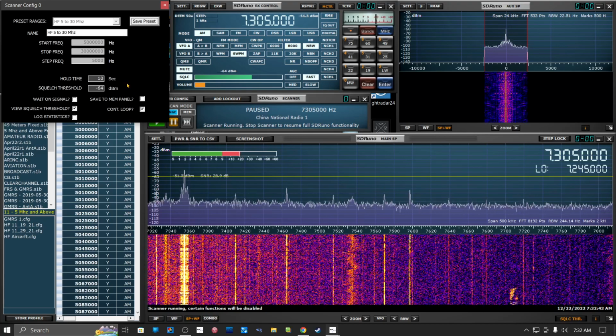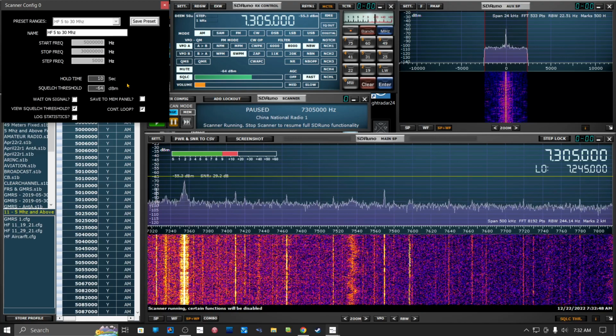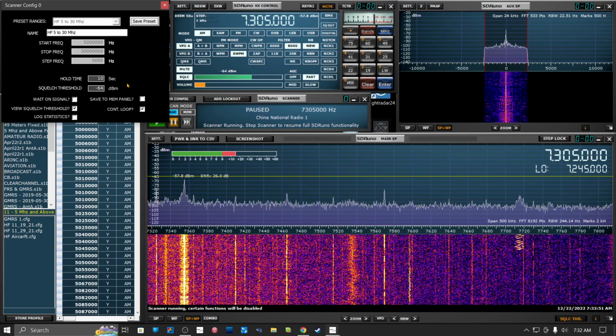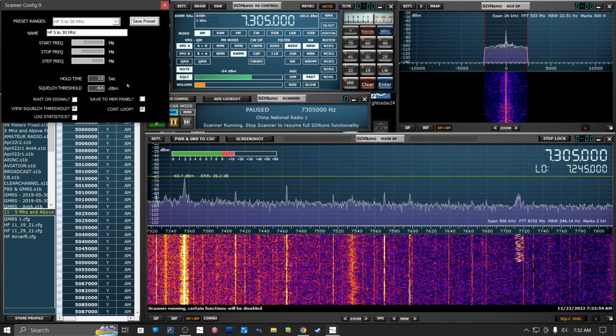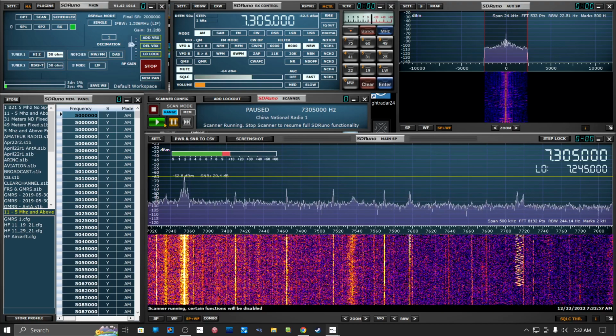And most of the international broadcast stations will be on 5 kilohertz intervals. So by doing that, and I'll show it to you in a second here, I'll start the scan or continue